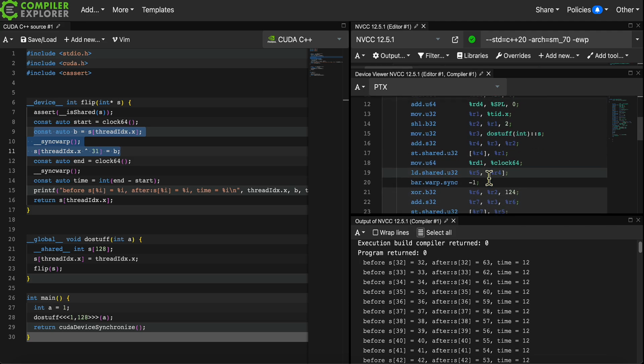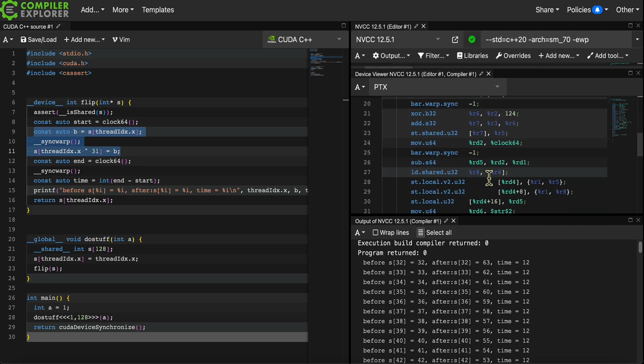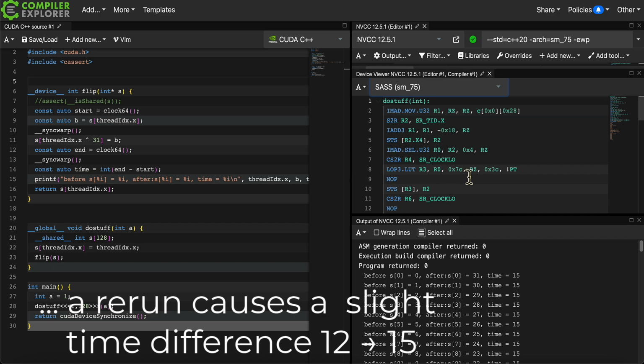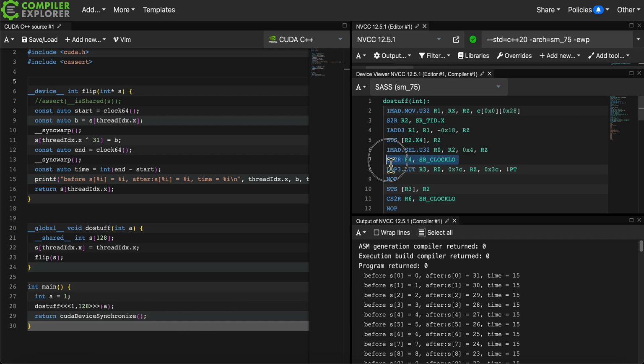Now this seems suspiciously fast. 12 cycles for a read and a write. I think the optimizer has optimized some part out for us. When we look at the output from the assembler that the GPU runs, we can see the first clock being set up for the start. We can see the second clock, that times the end. And then in between, we have,